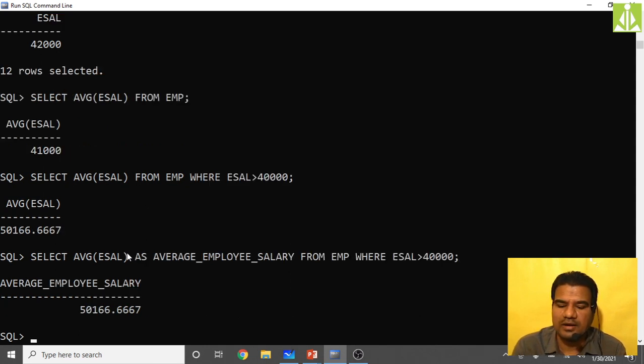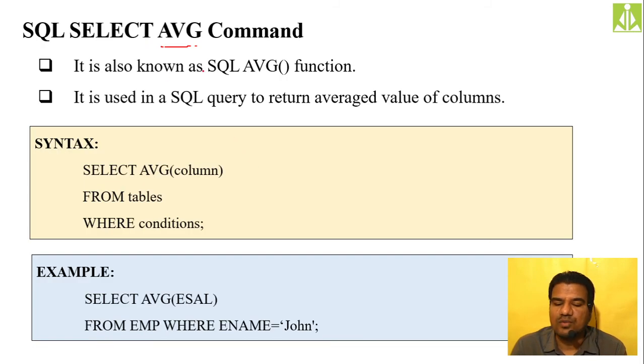See, hit the enter key. We are getting a meaningful title, a meaningful label over here. The same result but with a meaningful label. Okay, this is what we do with the average command.